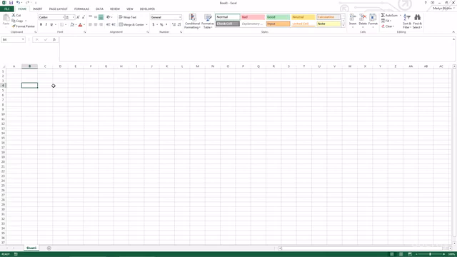Okay, this is going to be a really straightforward and fast lesson where I teach you a little bit more about how to work with rows and columns. So we already know that rows are the numbers that go down the left-hand side of the page, and the columns are the letters that go across the top of the page. And there are various things you can do with rows and columns that are very important to know at an early stage. So the first thing is you can change the height of rows and you can change the width of